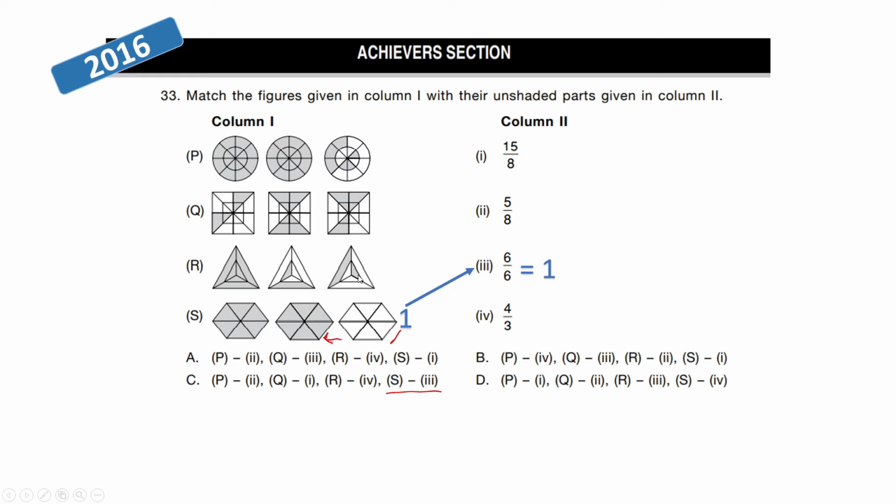Now here if I move this shaded portion to this figure, it becomes something like this, and here it is cleaned, and now I move this shaded portion away. So here it moves and this becomes plain. That means 1, and this is nothing but 1/3 because this actually divides it in 3 equal parts. So 1/3 and 1 full portion are not shaded. Now if we add this together, we will get our answer to be 4/3. So R matches 4, and here we have R matches 4.